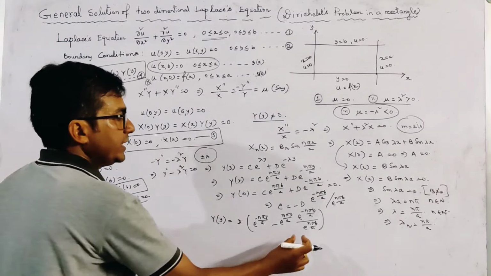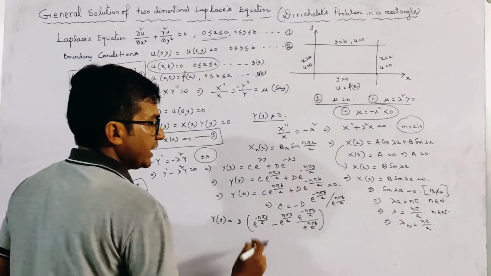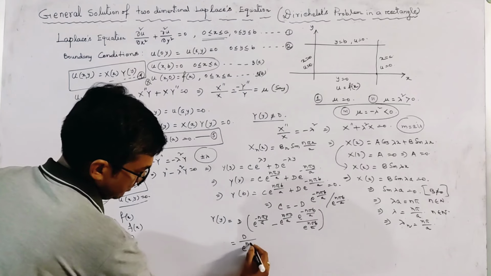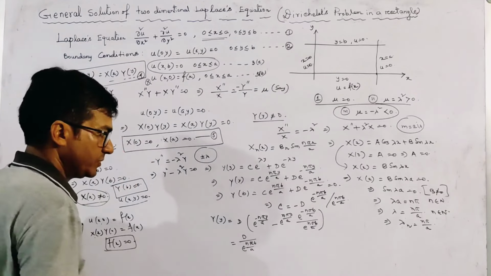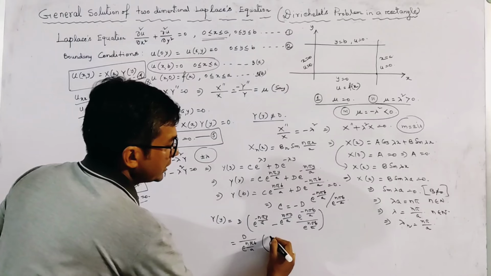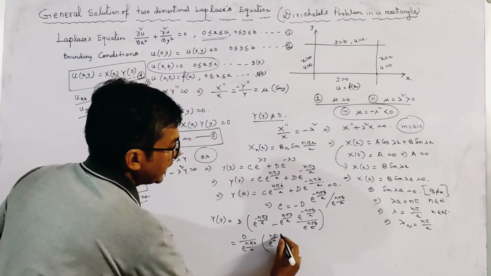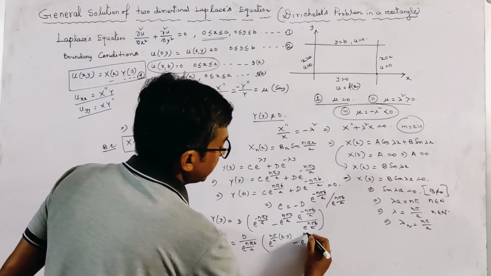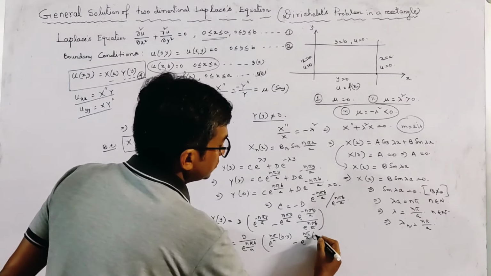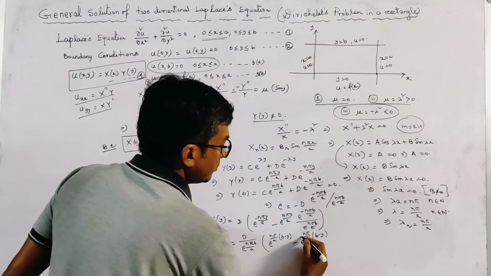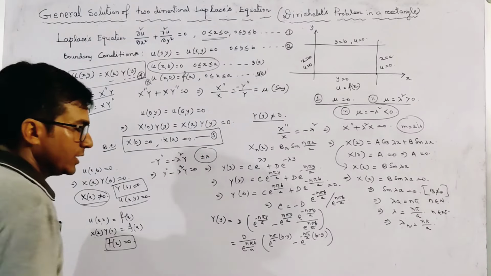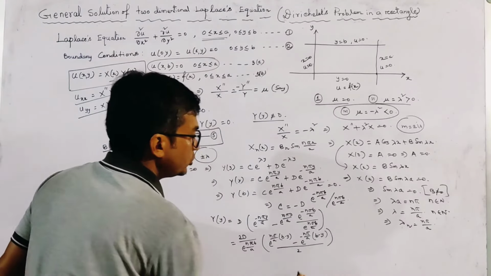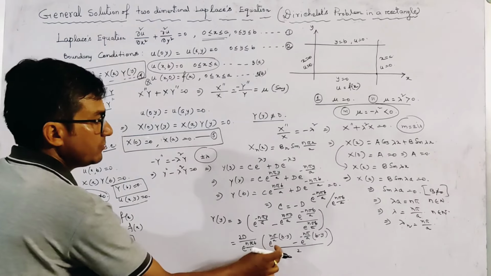Okay, now we take common e to the power n pi b by a from both the terms, and we get d by e to the power n pi b by a into e to the power n pi a into b minus y, minus e to the power minus n pi by a into b minus y. We take the negative sign common. Okay, now we multiply numerator and denominator both by 2, and clearly